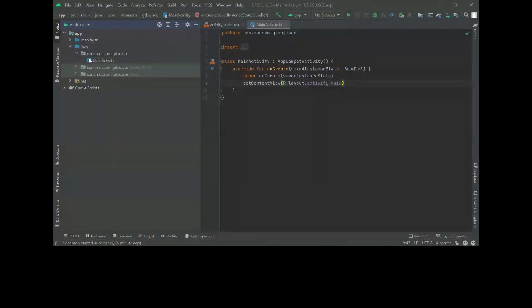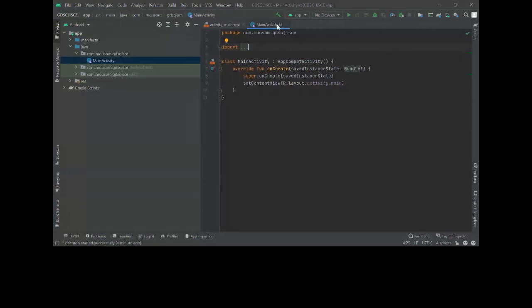If we open this package, or folder, you can see there is a file called main activity, and the extension of the file is .kt, because it's a Kotlin file. If it was a Java file, then the extension would be .java.